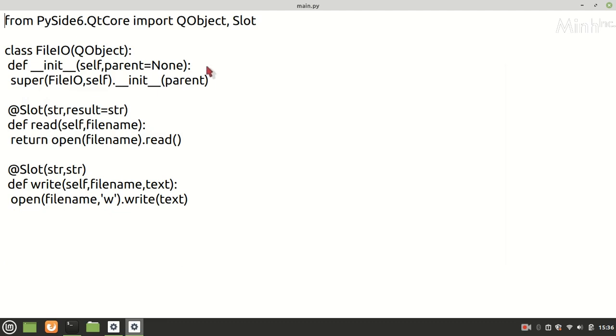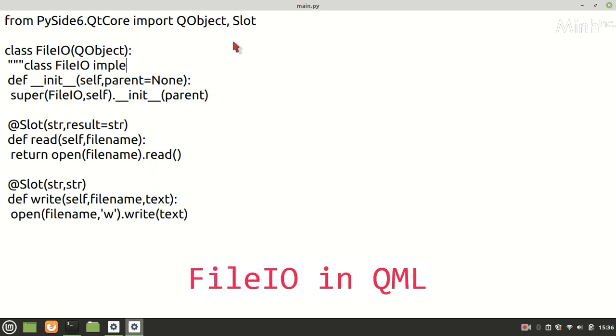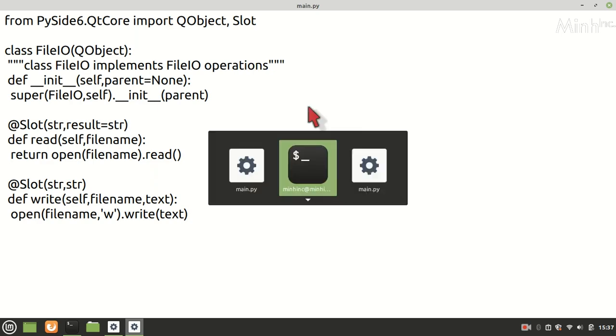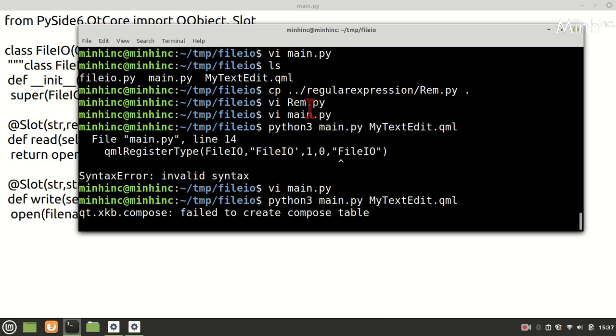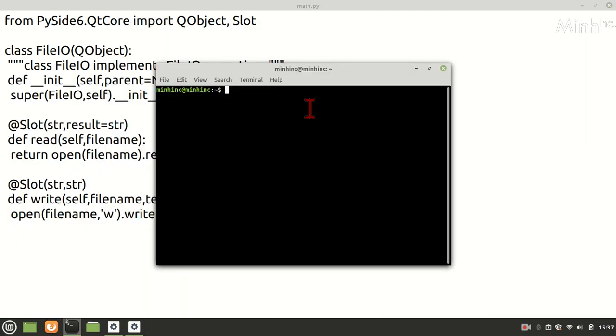Now I can open a Python file, and I can modify it also. So I can place a doc string: class file IO implements file IO operations. We can save it. So before saving it, our code is like this.